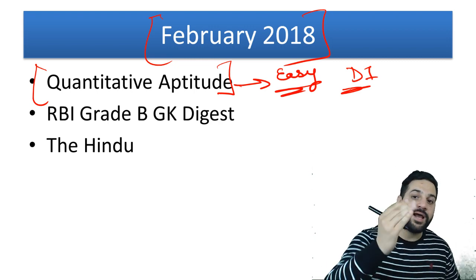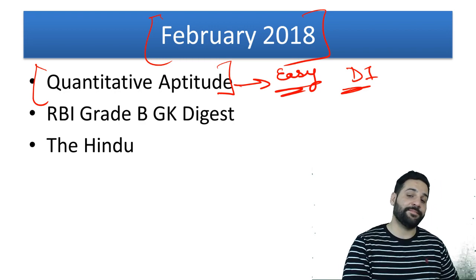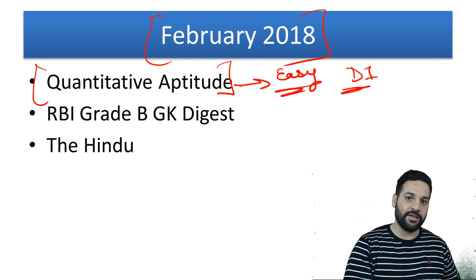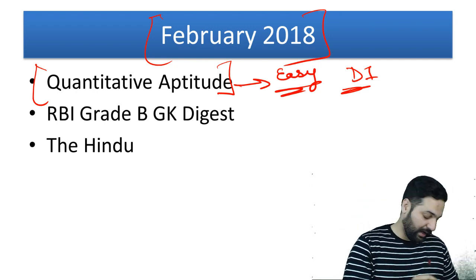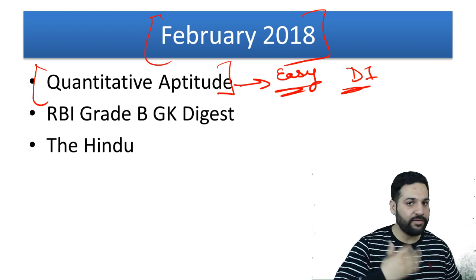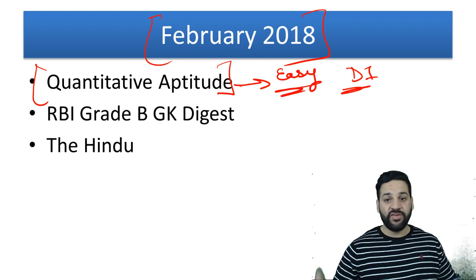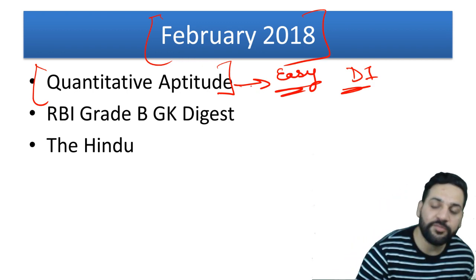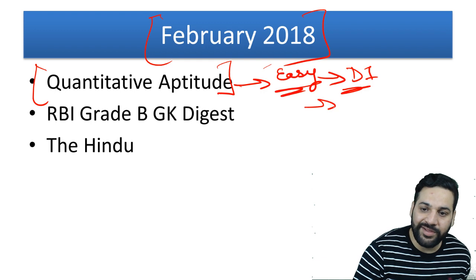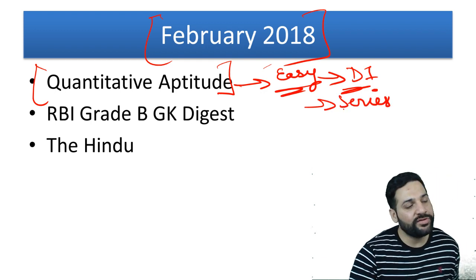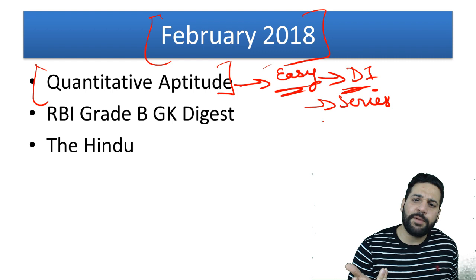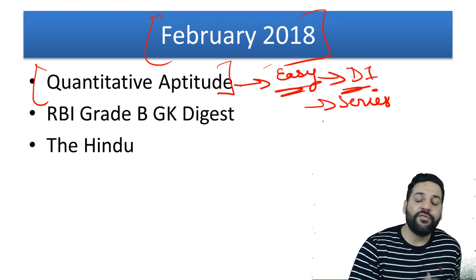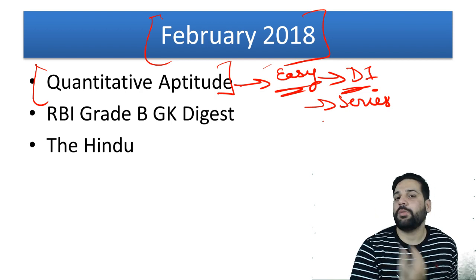But those were the exact questions from the RBI Grade B exam. Our teachers appeared for the exam and they got these questions. We marked them in our notes, and I picked the same questions and gave them to you, and students found them very easy. This year's paper, I would say, the DI was very easy. The number series was very easy. Actually, the complete paper was easy, but there was a time constraint. So if you're not practicing properly, there will be a problem, right?